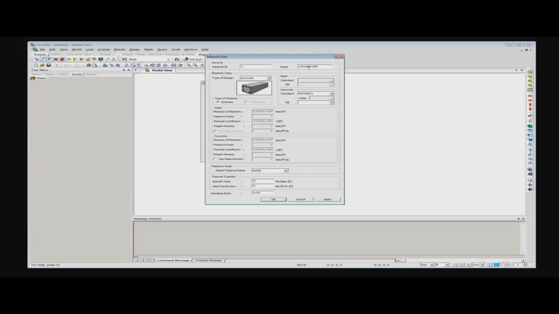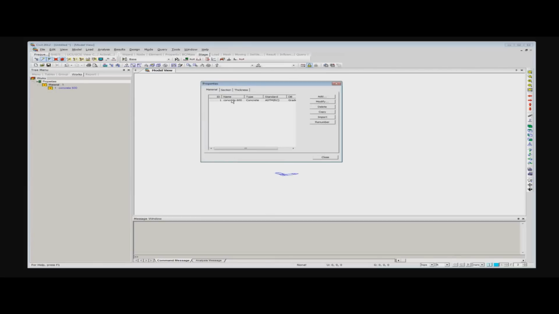6000, and selecting from this database, going to the grade 6000 and press OK. So I have 1 material defined, and as you see on my tree menu, my first material is created here. Okay, for saving time, I'm just importing